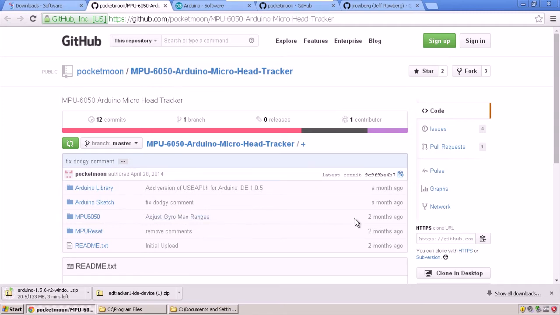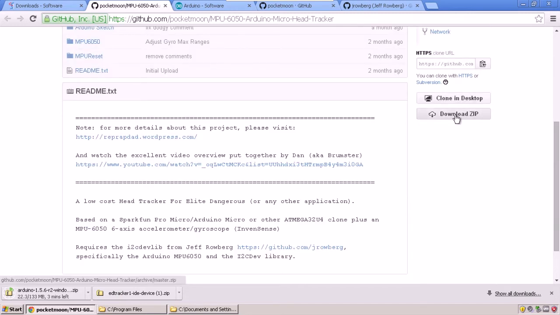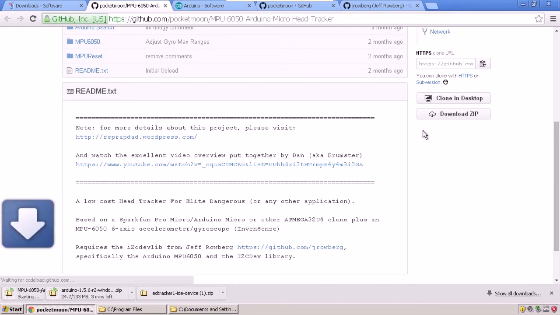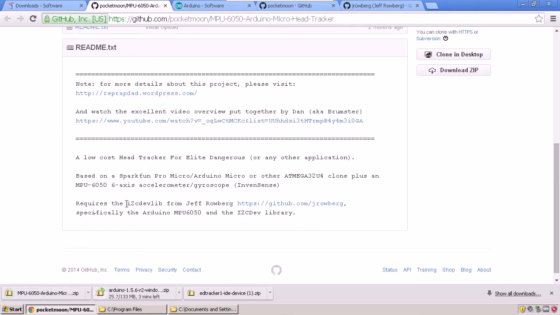We only need a few of these, but it's easier to just do the download zip button, click that, download the whole lot. You'll also see in the text here that it requires an I2C devlib, another library contributed by a chap called Jeff Roberg. The link is there, click that,